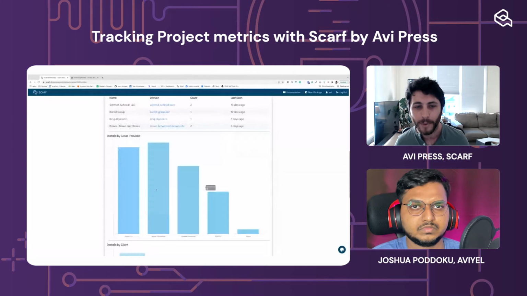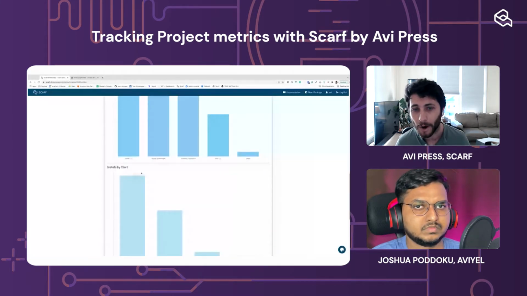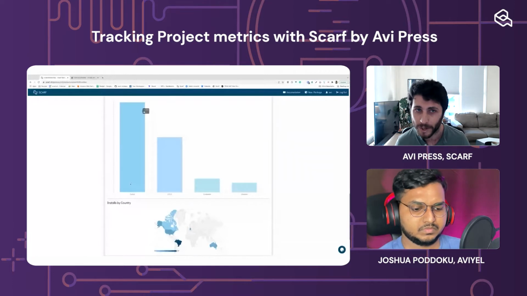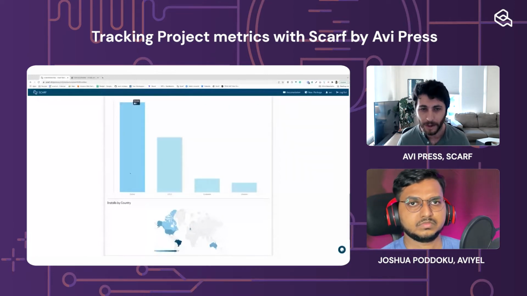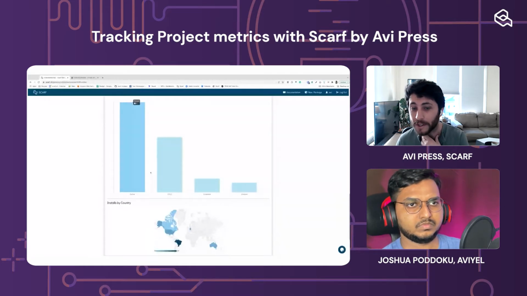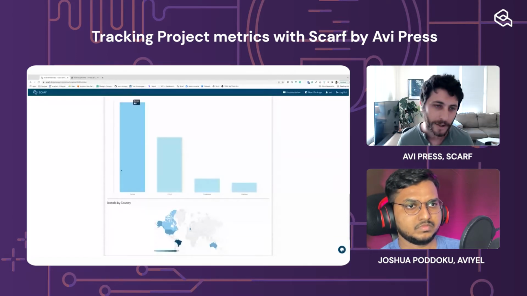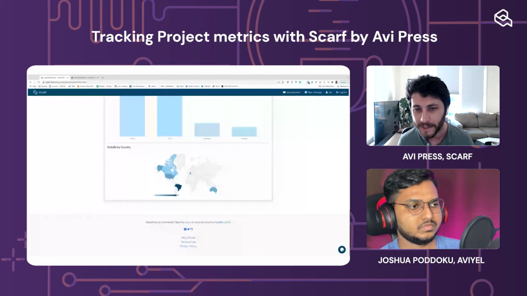But another interesting thing when it comes to containers is you might want to know which actual container runtimes are being used here. Was it Docker, containerd, CRI-O, etc.? Pulls from containerd are likely within Kubernetes. Docker, much less likely to be Kubernetes now that Kubernetes has retired Docker as the main container runtime. And you can also get a good sense of where in the world your users are.